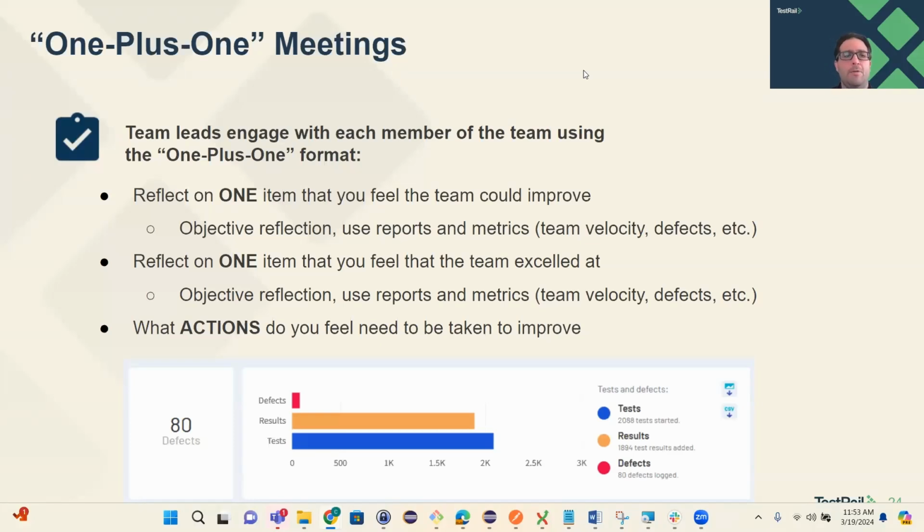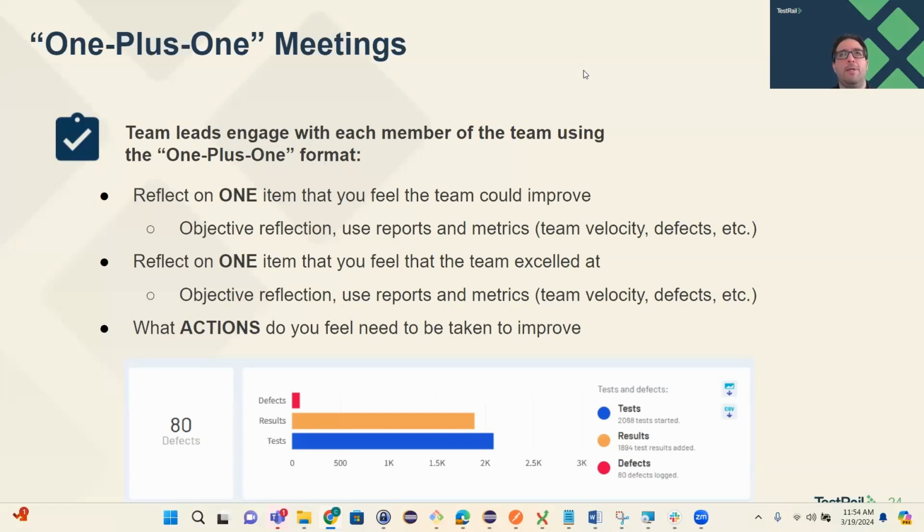So the one item I like: this 1+1 format basically is, let's talk about one item that you feel like the team can improve, and you're speaking individually. This is usually a team leader or manager to one of the test engineers, QA, it could be a developer, however you want to structure it on the team, and have something objective. I think we could really improve on our velocity if we reduce the number of bugs that are found late in the cycle because we're really not doing a good milestone or environment promotion process. We're doing a lot of local testing. That's just an example. Well, how do we know the test runs versus defects?